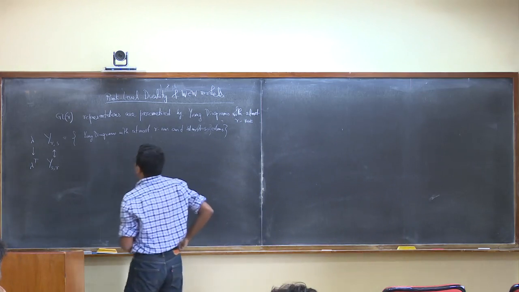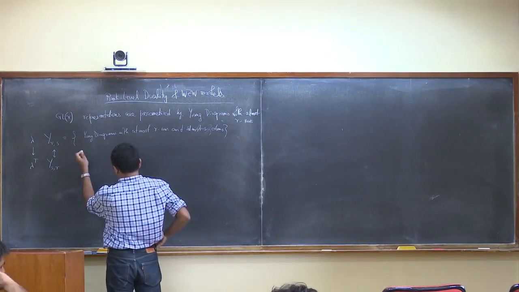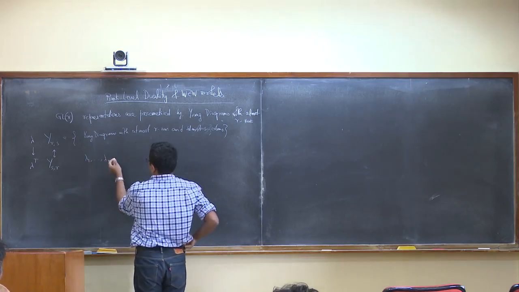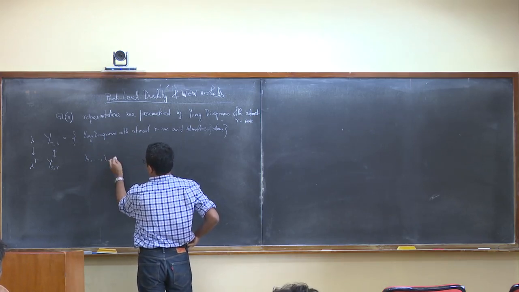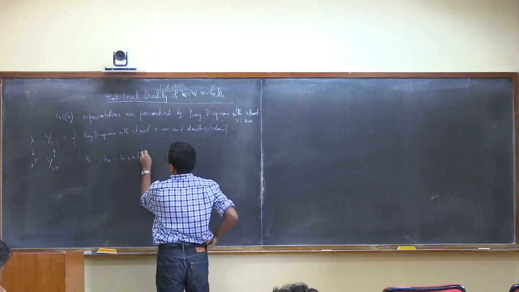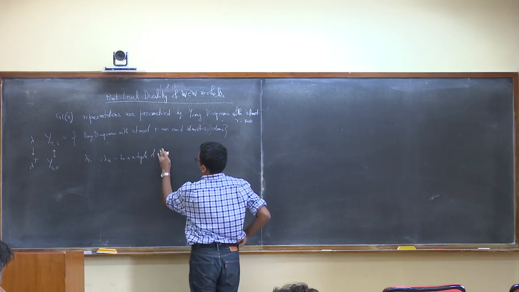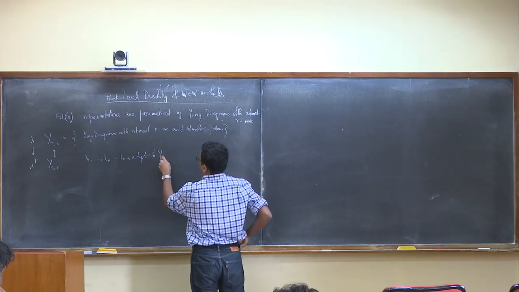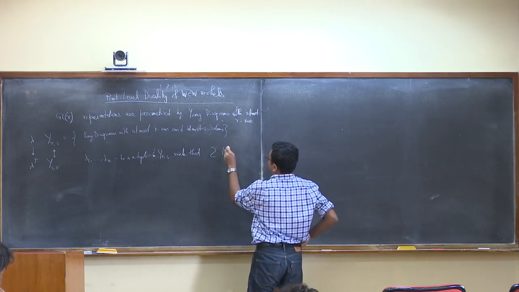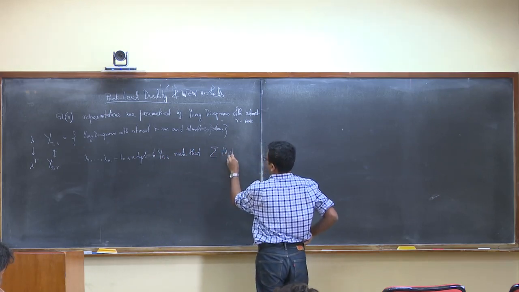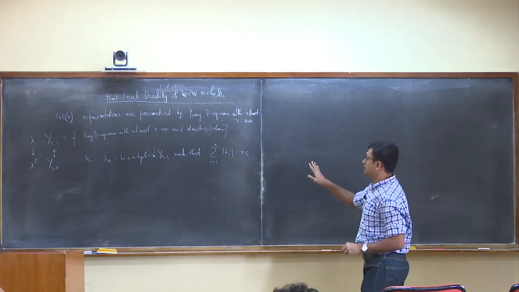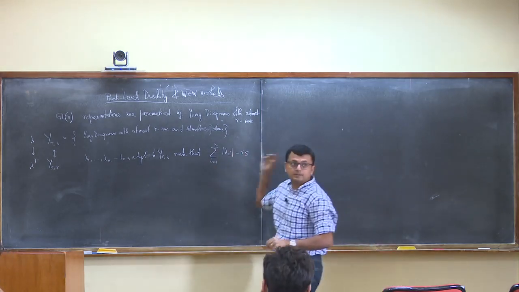Okay, so now let's take lambda 1 up to lambda n, an n-tuple in YRS such that the number of boxes in the Young diagrams, summed up over i equal to 1 to n, is equal to R times S. Okay, so this is the condition. If I take the transpose, it also satisfies the same condition.